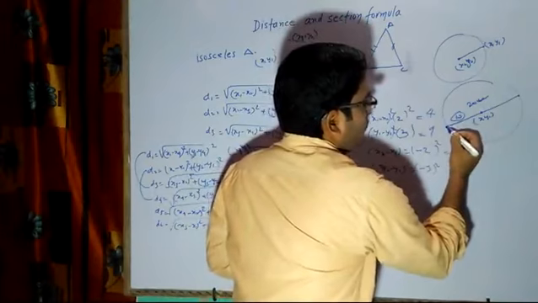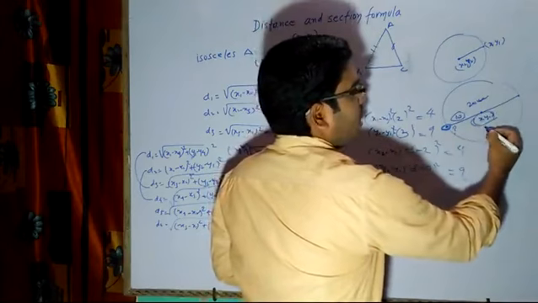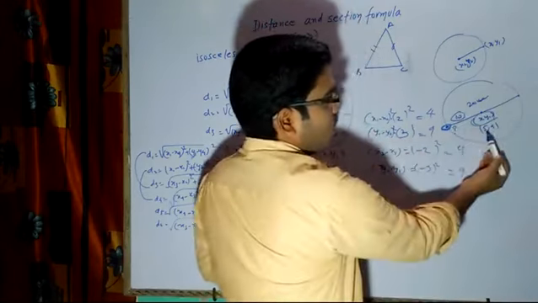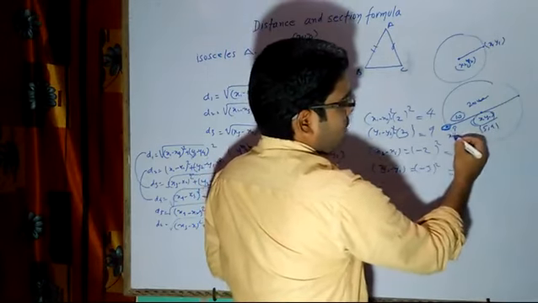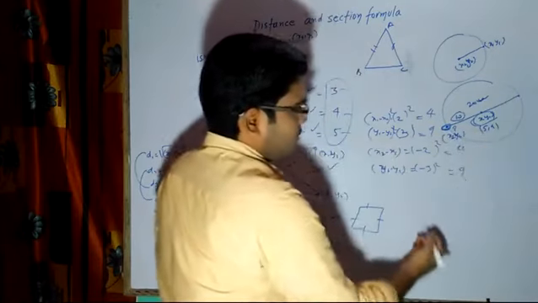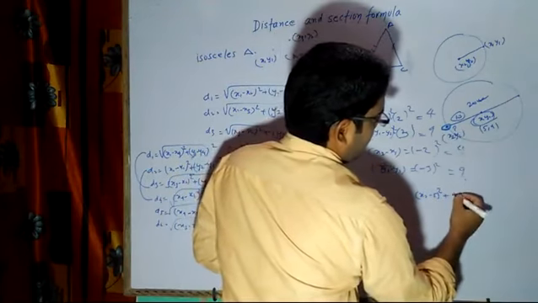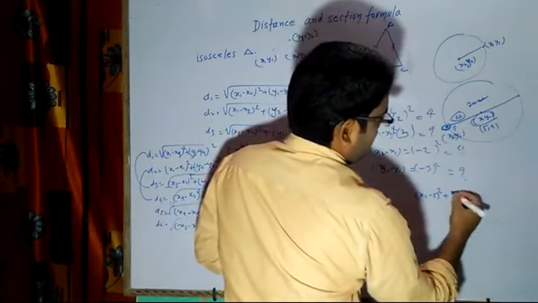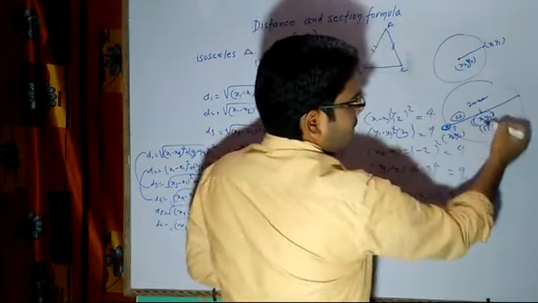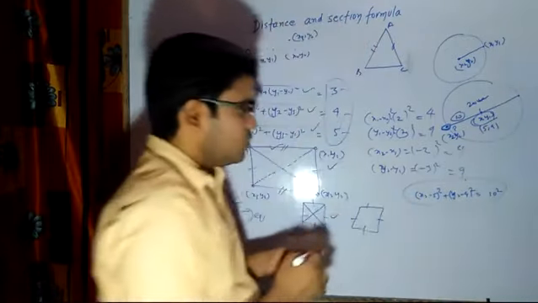Now they will ask you what is the coordinate of this point. So here they have already given the numerical value, say for example 5, 4, and then they will ask you what is the coordinate of this other point. So here you have to assume x2 y2, and then you will apply the formula: (x2 minus 5) whole square plus (y2 minus 4) whole square will be equal to 10 square, because the whole length was 20, half length will be 10, it is the radius. So from here you will compare and then you will calculate.